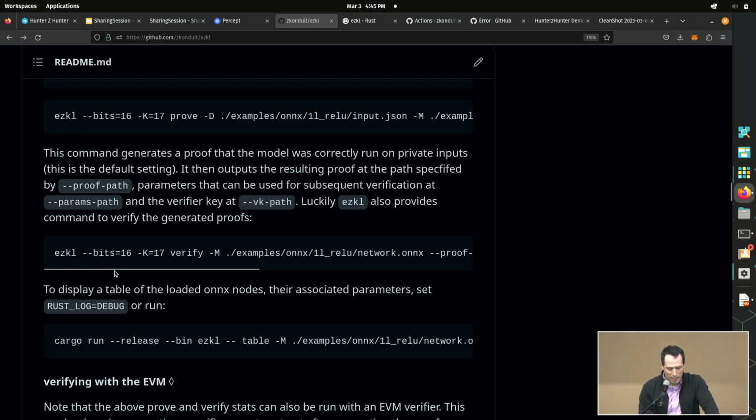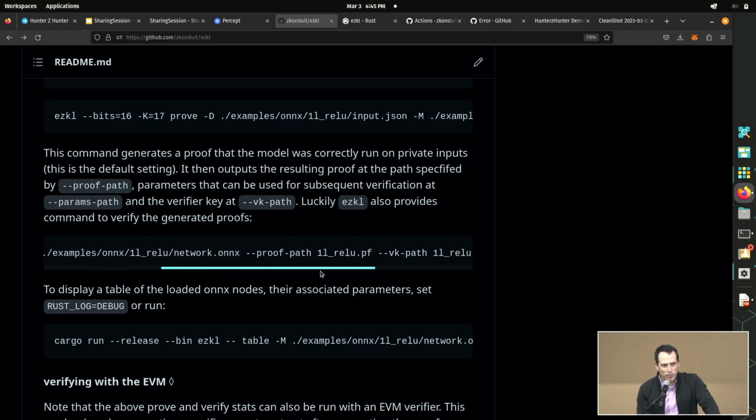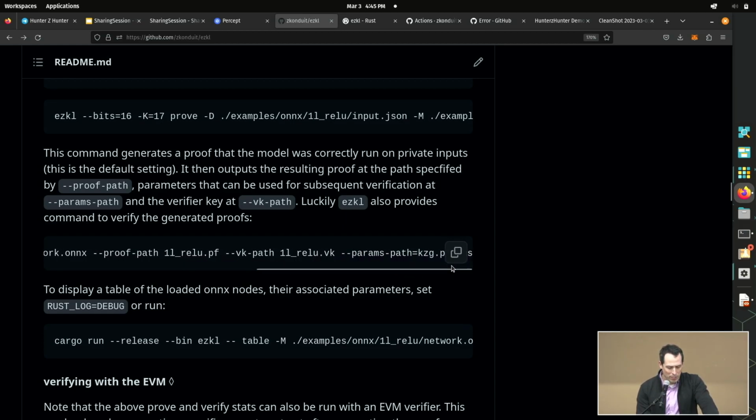You can also verify, again, using the network file, and this time not the input, but the proof. So now the original input of the proof is possibly secret. I don't have to reveal what picture of a chocolate bar I created, or I don't have to reveal my strategy in a DeFi vault. And then it produces, we'll verify it directly.